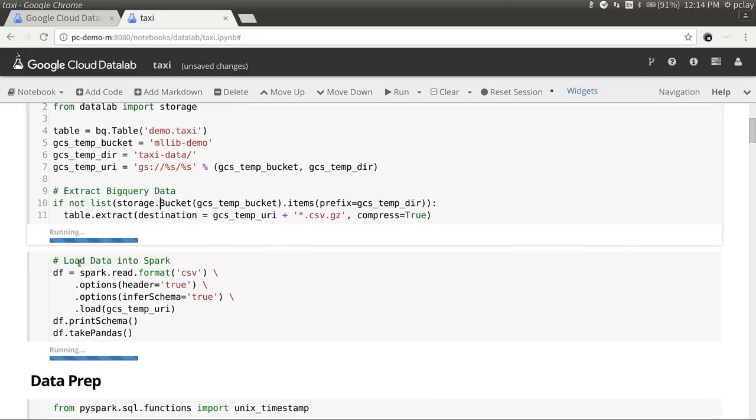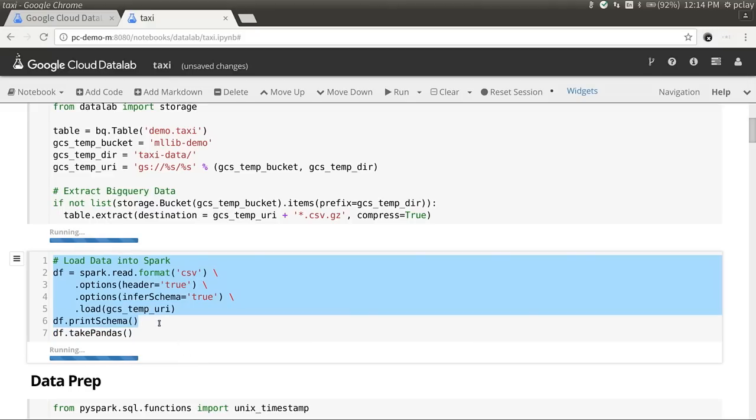And when that finishes, we will be able to load it into Spark. And because we are using Spark's SQL and data frames, we can just infer the schema from that CSV record,